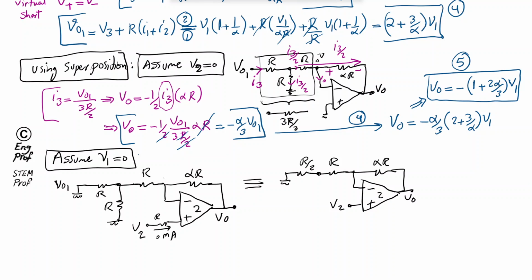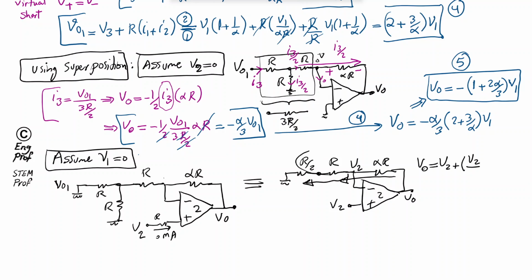I can just quickly write the outcome, but just to show you quickly. Because of the virtual short that is enforced by negative feedback, V2 has to be at the negative terminal as well. So both positive and negative are supposed to have the same voltage. Now, because of this V2 across this 3R/2 resistor, we have a current flowing through them, and that current can only go this way. So therefore, we can say V out is simply V2 plus that current, which is V2